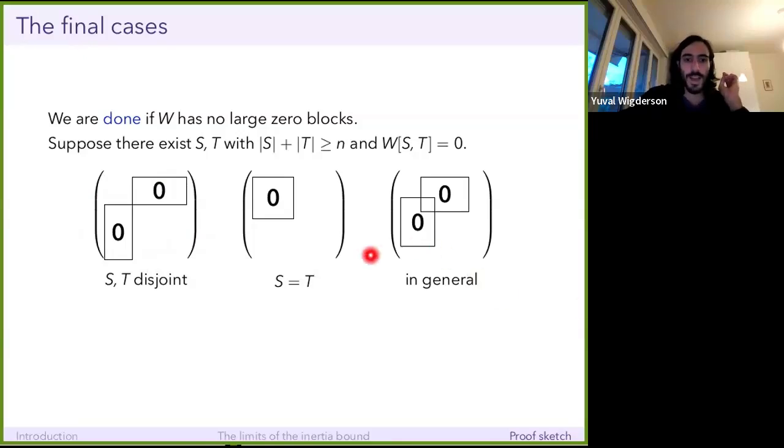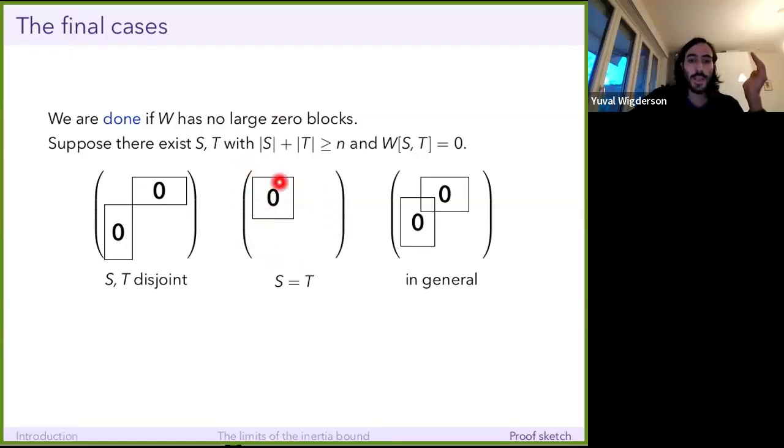Okay. What if it looks like this? Well, in that case, we're done for actually a completely different reason. In this case, we're basically in the setup of the inertia bound. Remember, proof 2 of the inertia bound that I gave you told you that if you have any principal submatrix which is all zeros, the number of non-negative eigenvalues of the whole thing is at least the size of that submatrix, just because of Cauchy's interlacing formula.